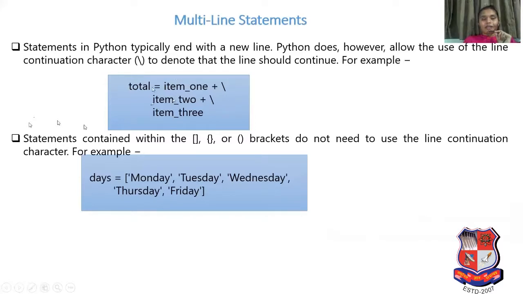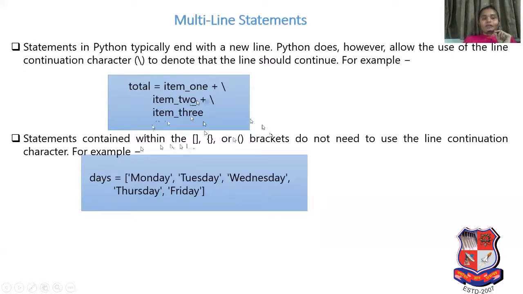So if I write total equal to item underscore 1 plus the continuation character, item underscore 2 plus the continuation character, item underscore 3, this will be considered as one statement into the one variable, that is total.